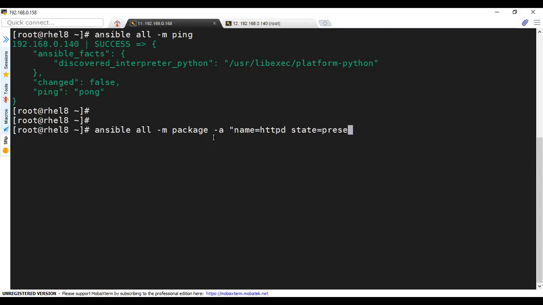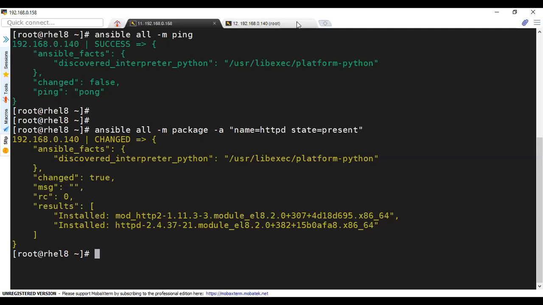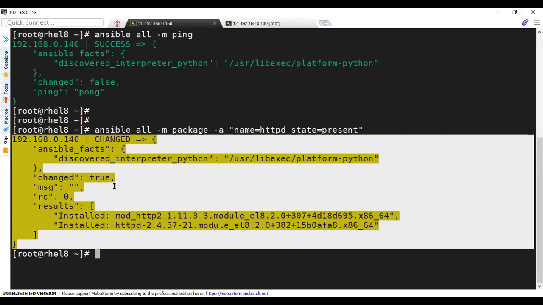I want that to be present. So let's just wait for a while. Now we can see that Ansible has installed HTTPD on my remote server.